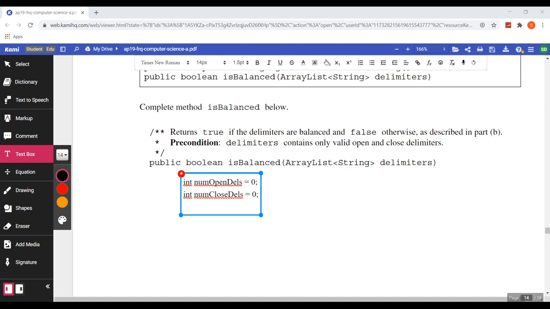So now let's do a for each loop, which is the easiest way to do it. And since we have another array list of strings, we can do string str again, for each string in our array list of delimiters. I'm sorry for saying tokens this whole time. We're checking through delimiters. And this is an array list, but we can still do for each loops on array lists. For each string in delimiters, then we are going to check